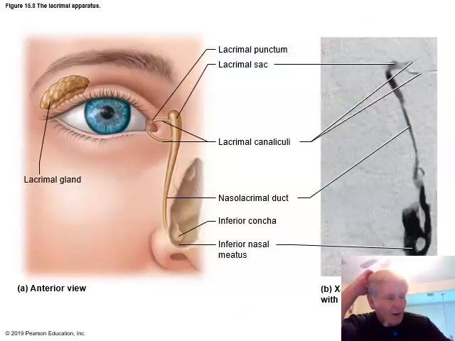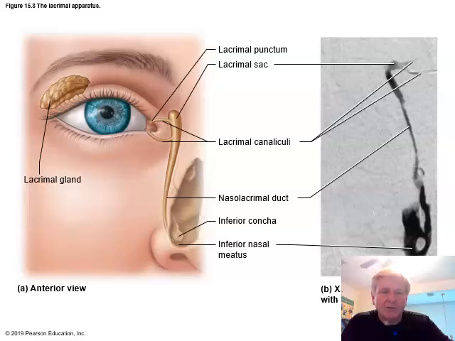You have a special apparatus in the eye called the lacrimal gland. It's located in the superior lateral wall of the eye orbit, next to the fibrous tunic of the eye, where the sclera is. Okay, and it's going to produce tears, and tears are going to be produced by the lacrimal gland. Then they're ejected out of the lacrimal ducts. Okay, and then the tears are basically going to bathe the ocular membranes, those conjunctival membranes,